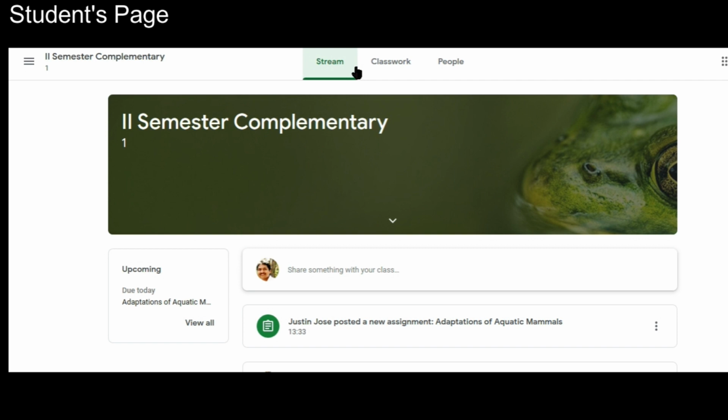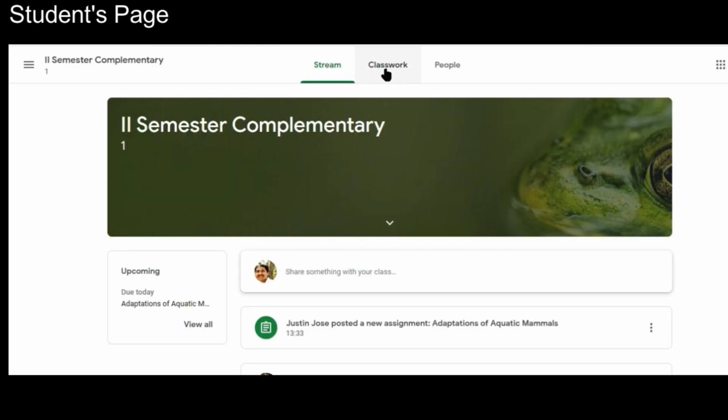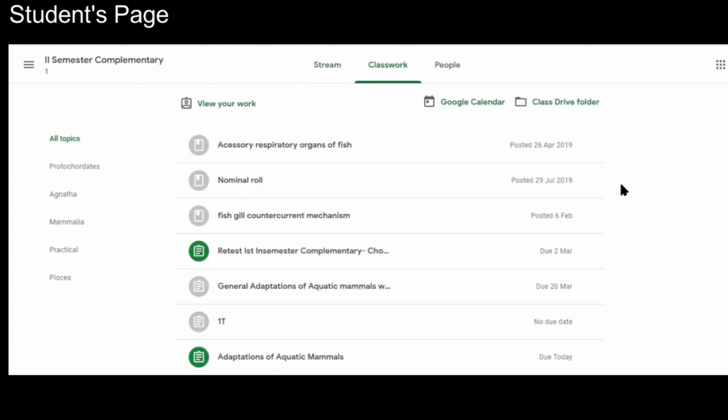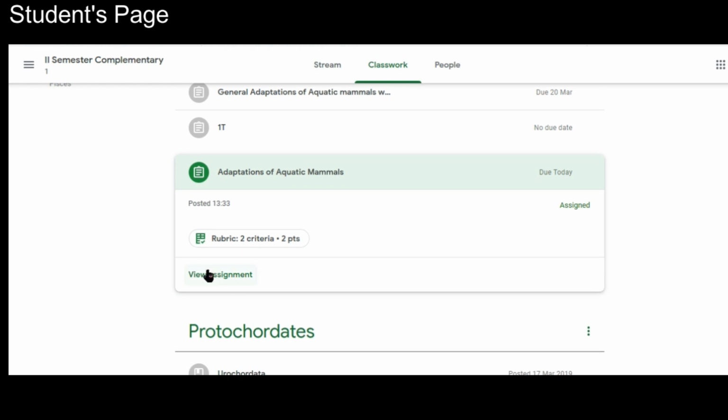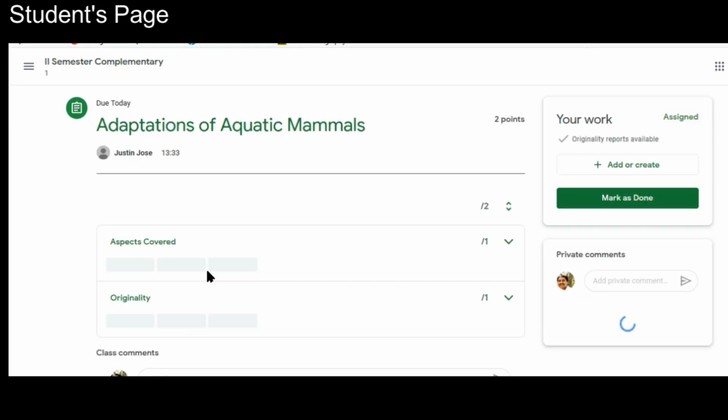or the classwork page. When the student clicks on view assignment, okay, here's a view assignment, the assignment page opens and the student gets all the information such as the grading criteria in the rubric that we had created, okay, and what is expected of her to do in order to score maximum points.